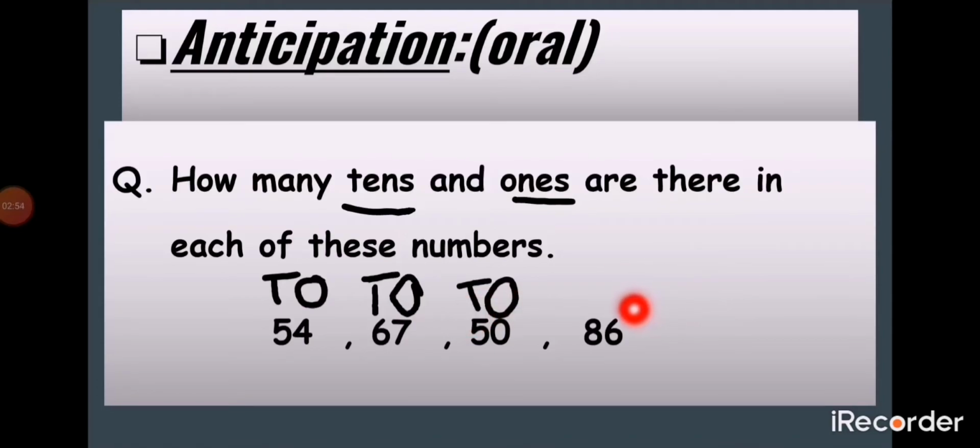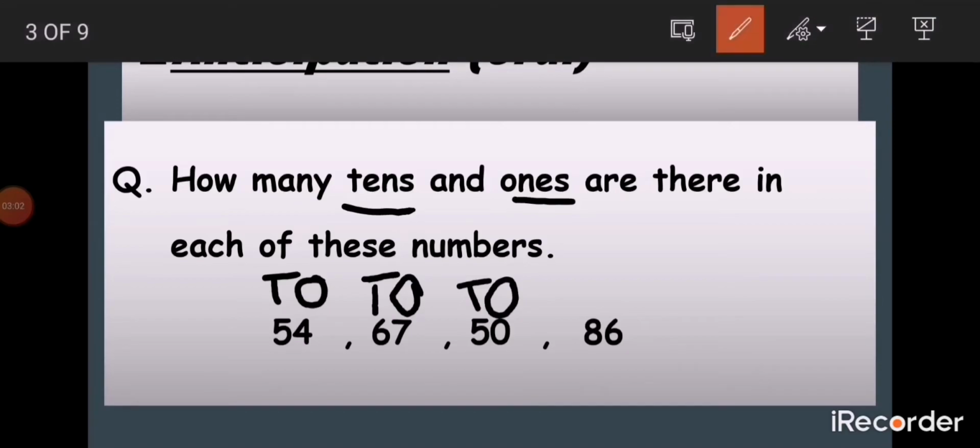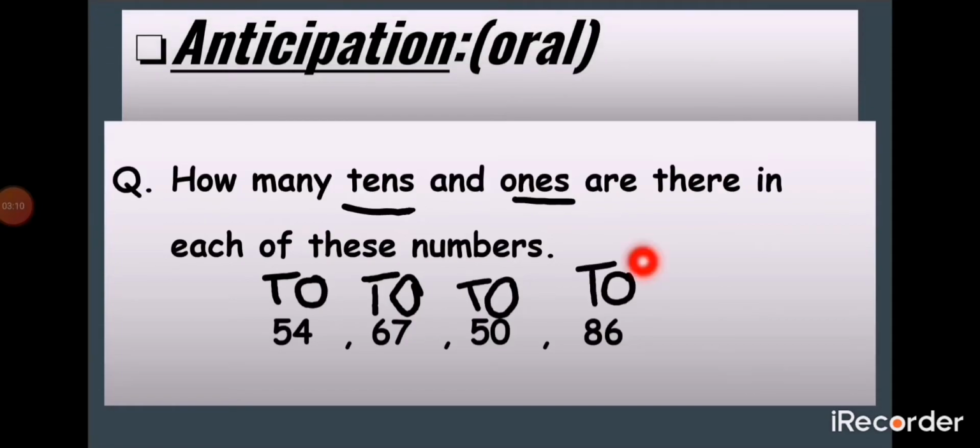The last number, it's 86. Again a 2-digit number. Put the values on the right side digit 6. Put O, capital O for ones. On the next digit 8, put the second value, that is tens. Put T for tens. So in this number 86, there are 6 ones and 8 tens. In this way, you will put the place value on numbers. Remember that when you have to find the tens or ones on any digit, you will put the place value first. So it will be easy to find out the exact place value of the number or digit.